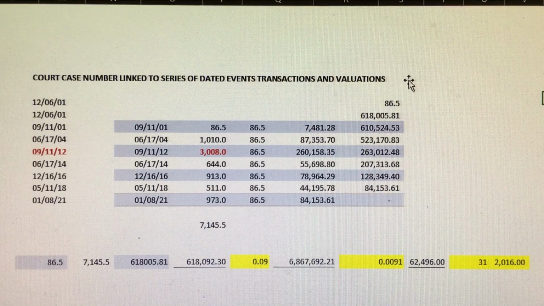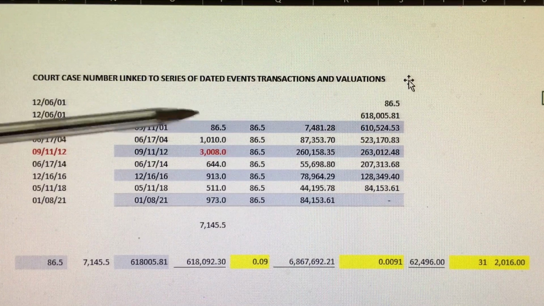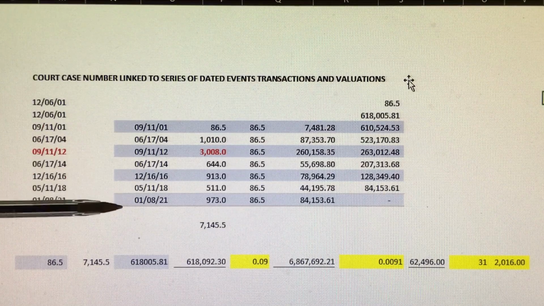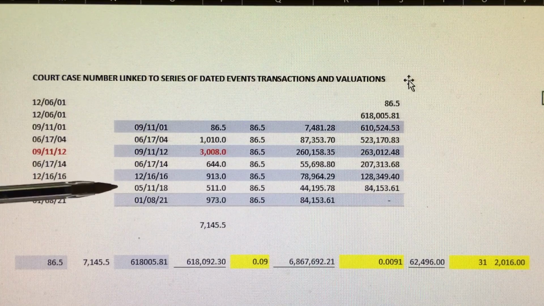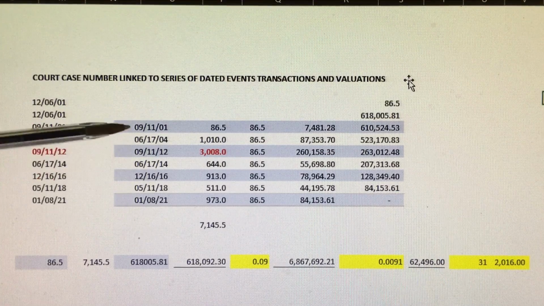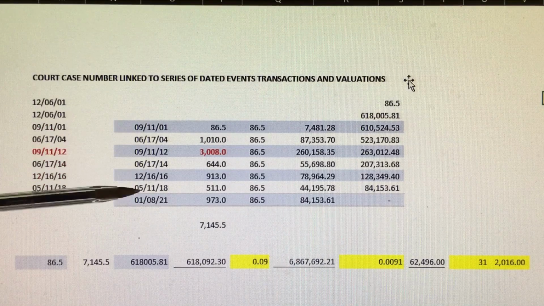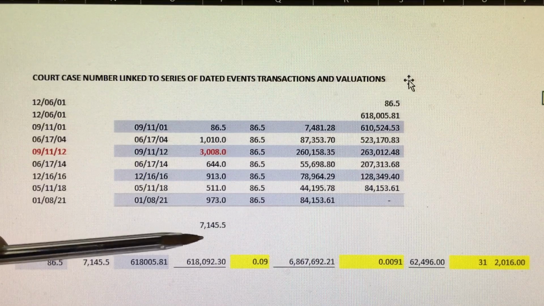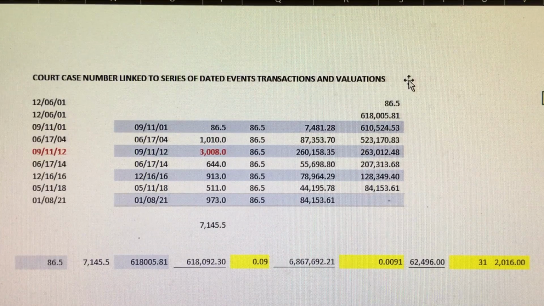So when we added these days up, and believe me, we don't expect you to open up your file and say, oh, let me see what my days are. It's going to take some time. We'd be more than happy to assist you in this, or you get an accountant, but someone's going to have to line these days up. It's most important to see that these dates fall into place for a reason. These are the number of days, and when you add those days up, it comes to 7,145.5 days total.